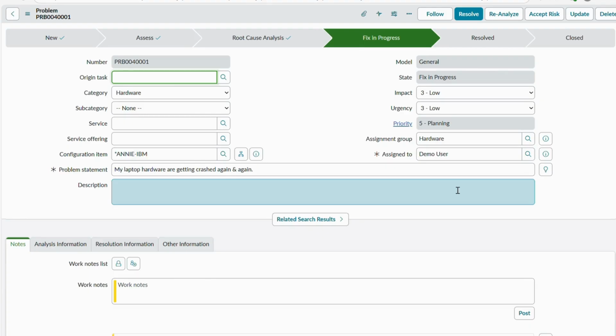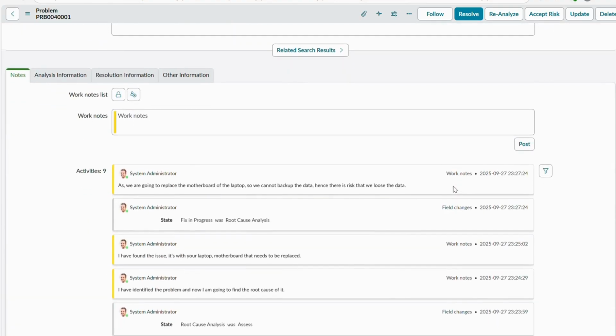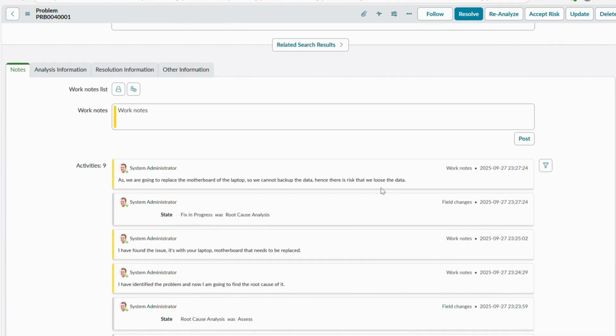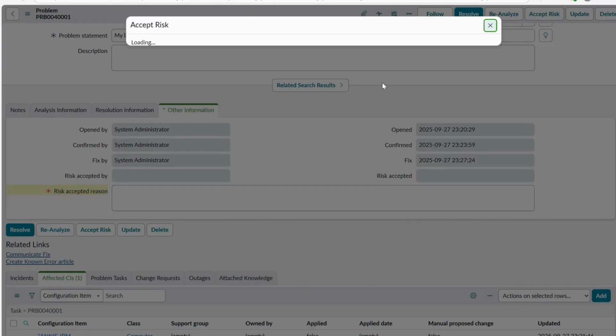We have identified the problem, we have proposed the solution, but we also need to accept a risk, because while making the changes, while fixing that problem, there are some risks that might impact. So in our scenario, the risk is to lose the data, as we are going to replace the motherboard of the laptop, so we cannot back up the data. Hence there is a risk that we lose the data. So the moment I click on accept risk,